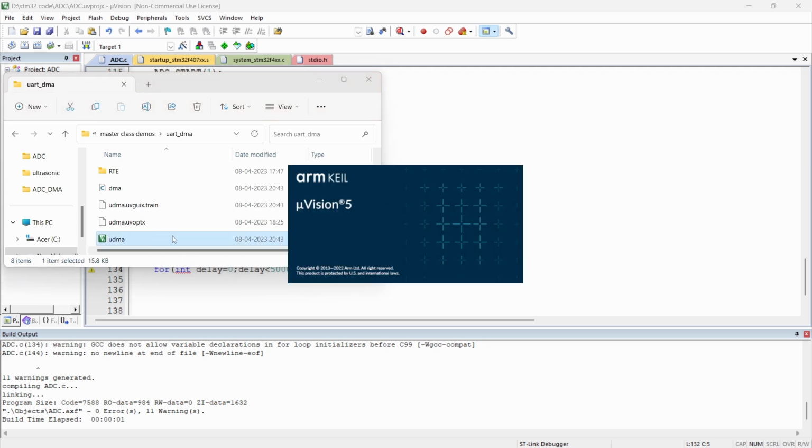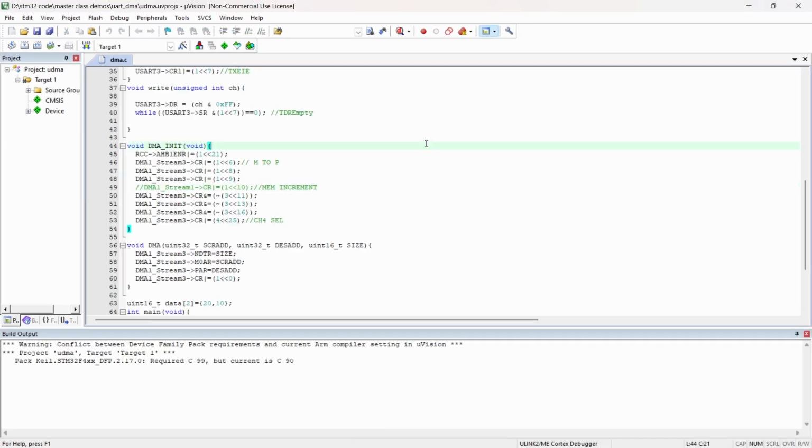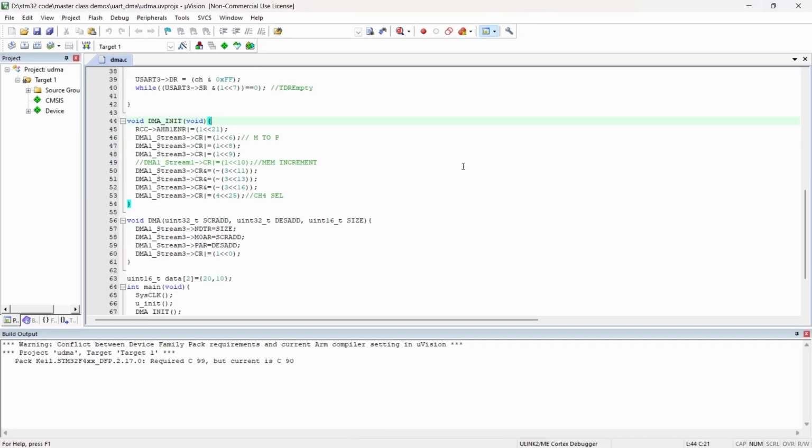Okay. So we will alter this code to the DMA receive function, to make this code act as a receive function, and we will give some input which the UART gets from the user and stores in the memory. So this is the process we are going to do. Okay, now